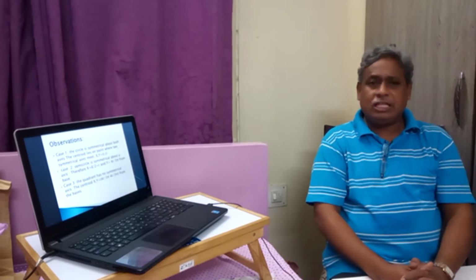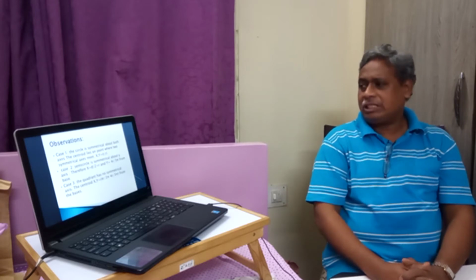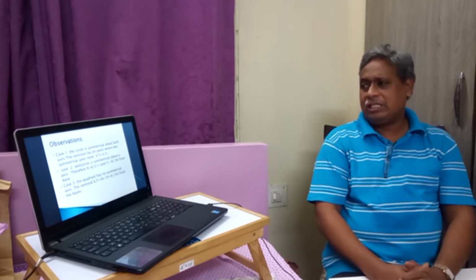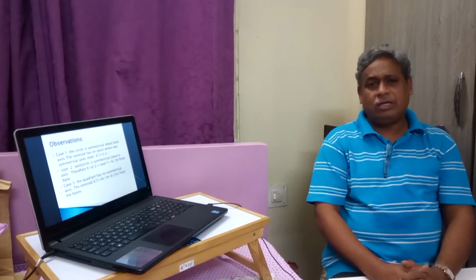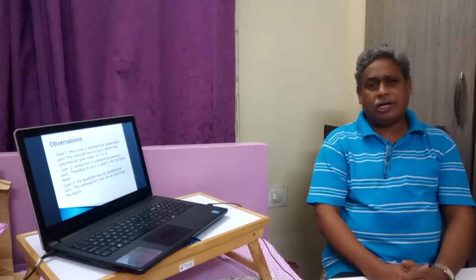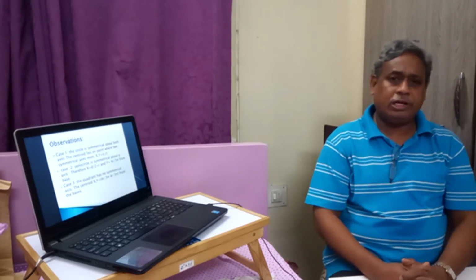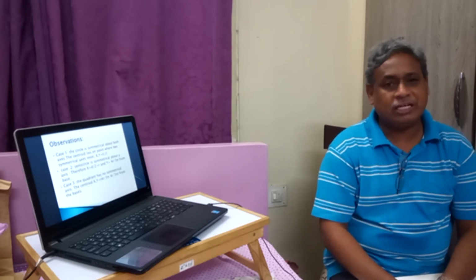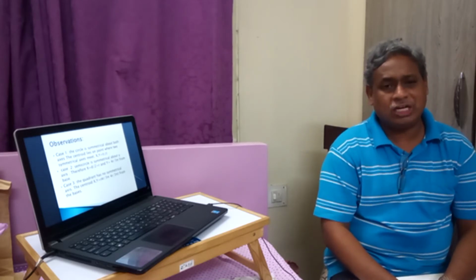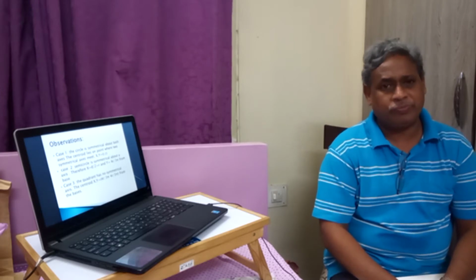Case 1, we will see these cases one by one. The first is the circle. The circle is symmetrical about both axes. The centroid lies on the point where the two symmetrical axes meet. Therefore, x and y will be equal to r and r from the origin. We are considering from the origin, not from the diameter. If we consider from the horizontal diameter, then the centroid will be r and 0.